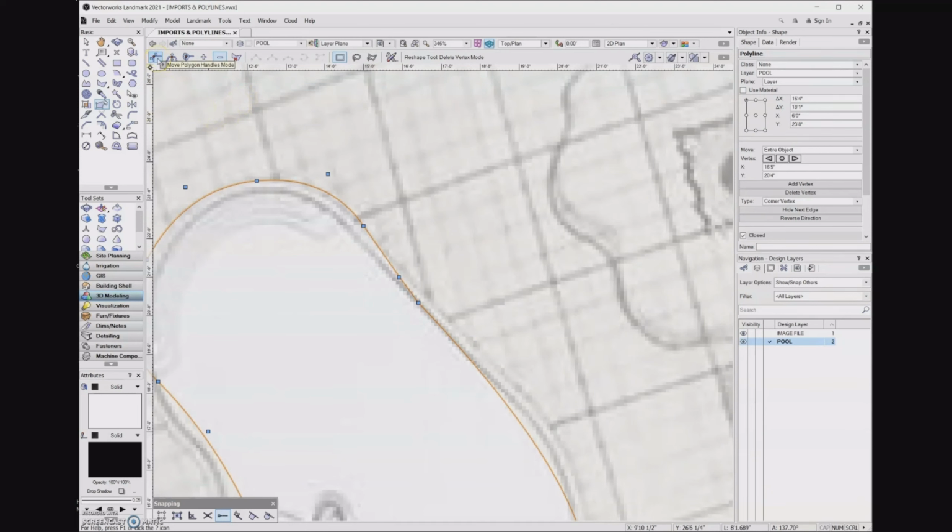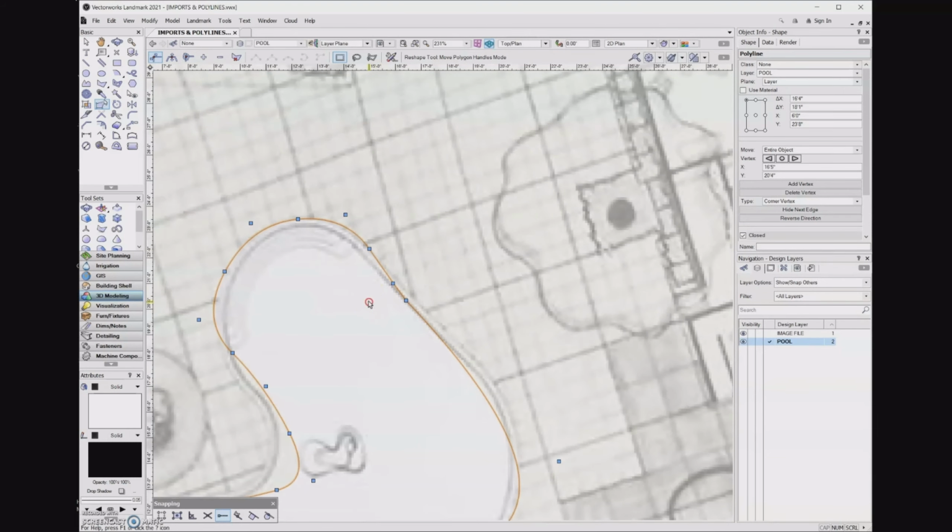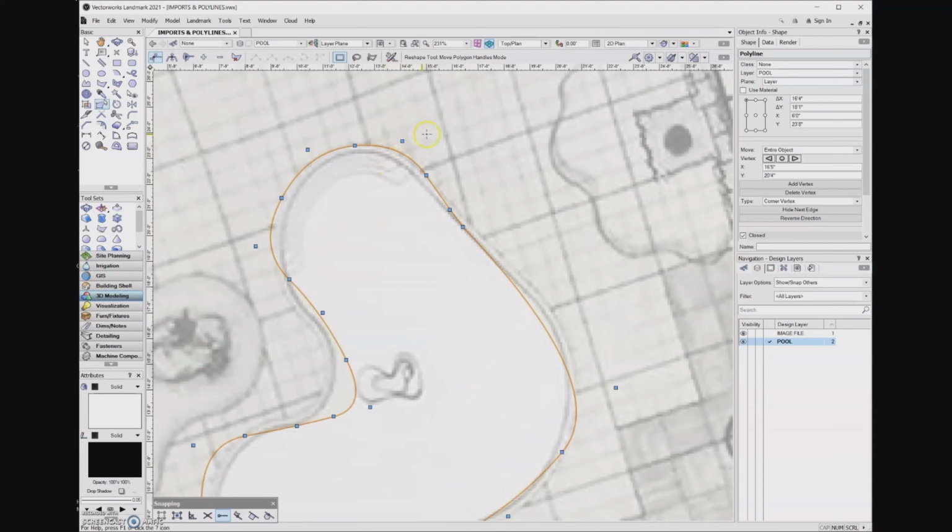Then next up, we're going to go back to that Move Polygon Handles mode that we were looking at before. What that does is it just moves any of these handles that you click. You may notice that the handles are placed in two different positions on this shape. There are handles that go through the middle of the line, and there are handles that go to the outside of the line. You can move either of those handles, and what happens when you move them is that they move their neighbors,